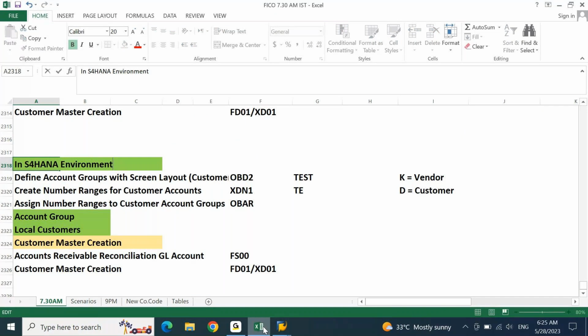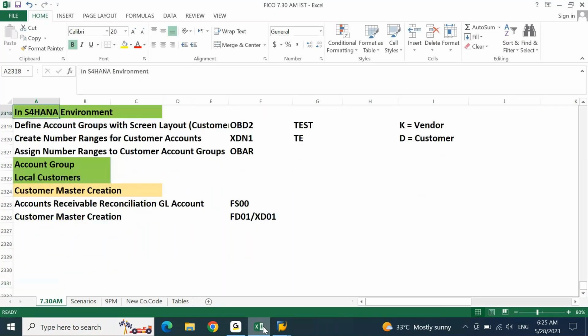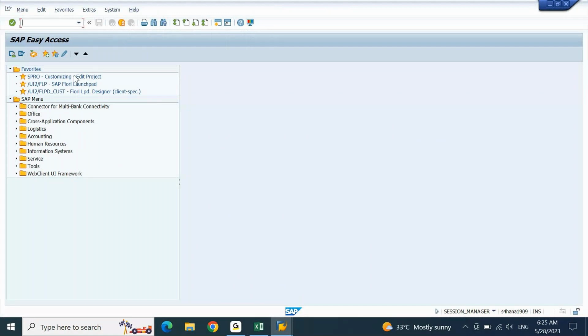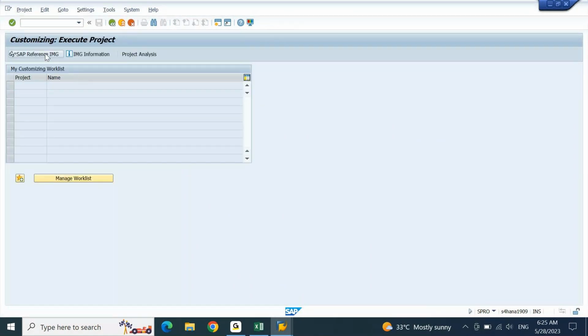This is in your S4 HANA environment. Let's try to understand what we are going to do in S4 HANA system. Same thing, I'll go to SPRO, SAP reference IMG,